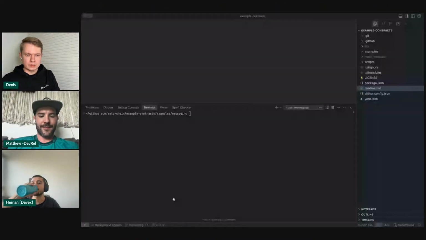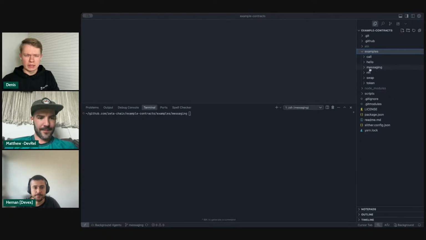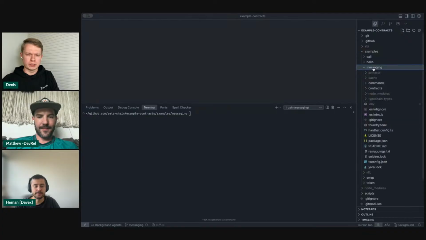I just wanted to also share something. We have new examples coming up soon, and I wanted to share a quick, or not so quick, preview of what's coming soon. So let me just share my screen. Yeah, so you should be able to see my editor now. I'm in the examples directory, examples repo, and we are soon going to have a new example here, which is